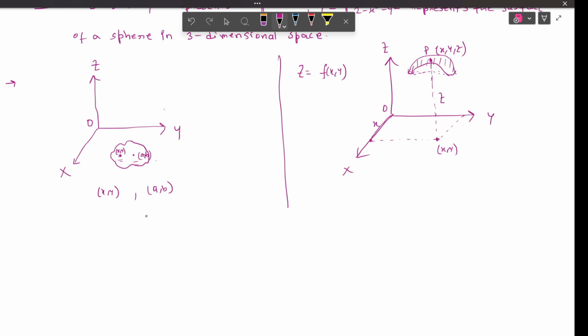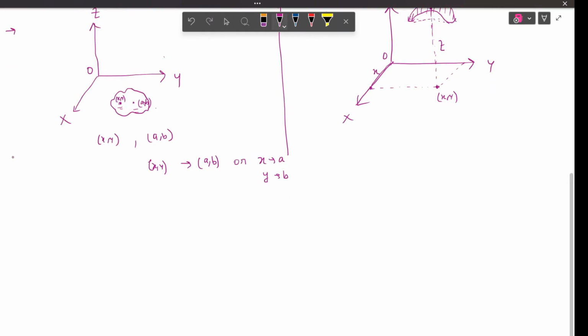So we write x comma y tends to a comma b, or we can say x is tending to a and y is tending to b. Okay,